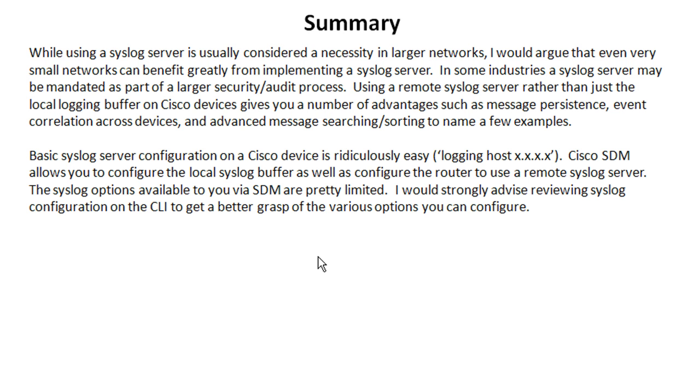And it doesn't let you use a lot of the options that you have literally at your fingertips when you're using the CLI. Here I say I would strongly advise reviewing the syslog configuration on the CLI to get a better grasp of the various options you can configure. So get yourself into a router and, even if it's just jumping into configuration, type logging space question mark to see what those configuration options are,